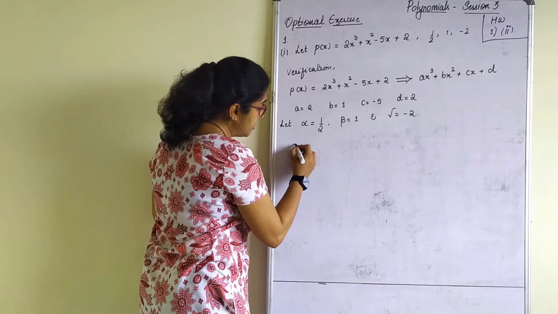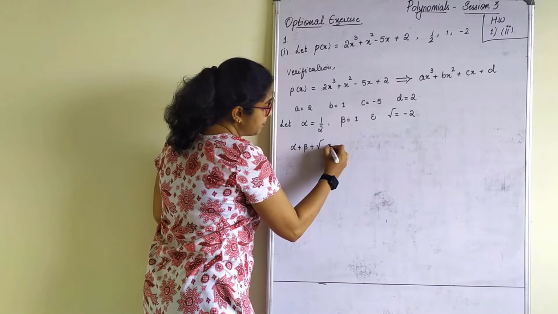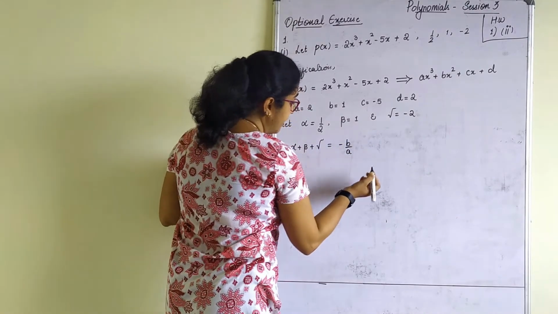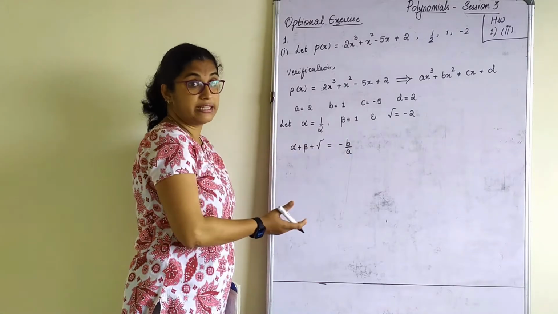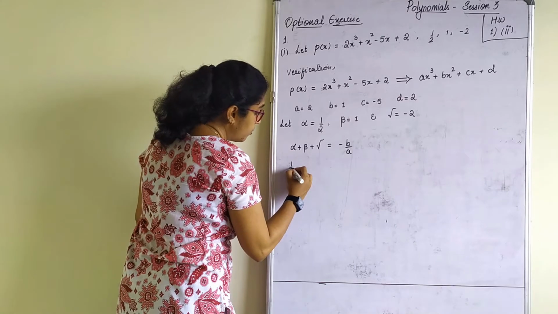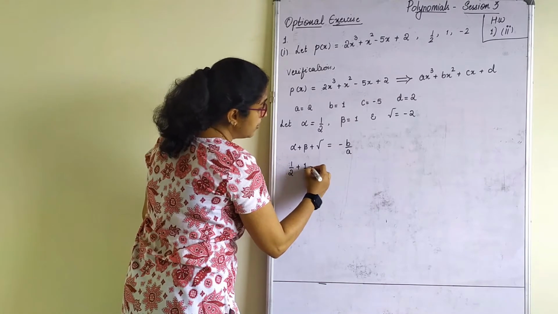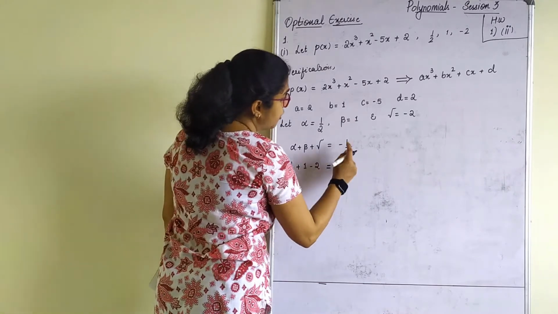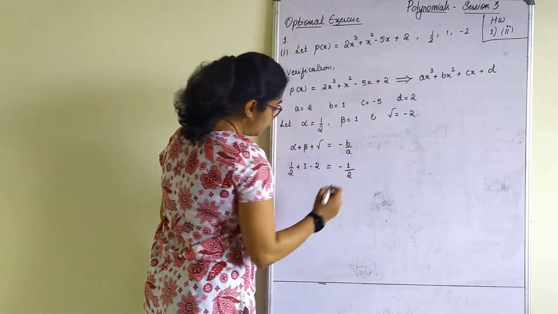Verification first term is alpha plus beta plus gamma is equal to what? Minus b by a. Right? Formula which we have already written it. Substitute it in both the sides. Let's verify LHS and RHS together. What's alpha? 1 by 2. What's beta? 1. What's gamma? -2 is equal to minus in the formula b. B is 1, a is 2. So